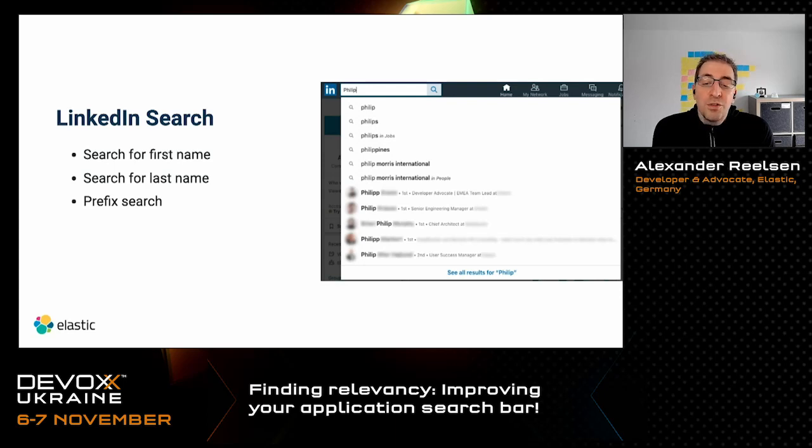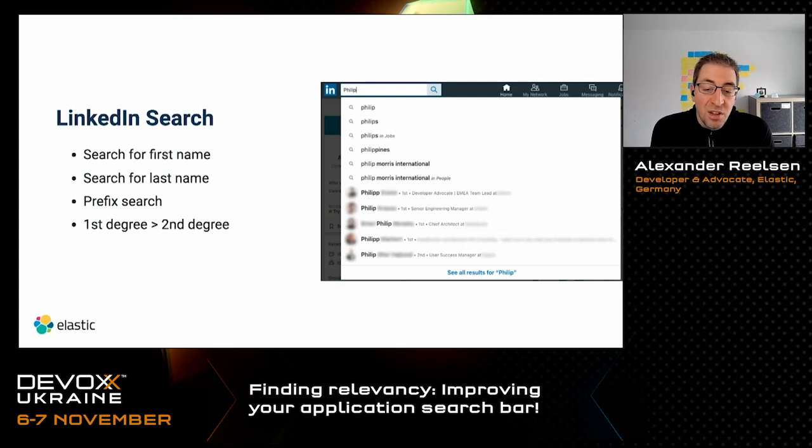There's also a prefix search. This is something we can infer as well, because you can write Philip with one P or with two Ps at the end. And if it has two Ps, it's still shown. So it's not just a full term hit. It also is a prefix search where we're searching for people whose name starts with this criteria. So these are all things we can infer from the search.